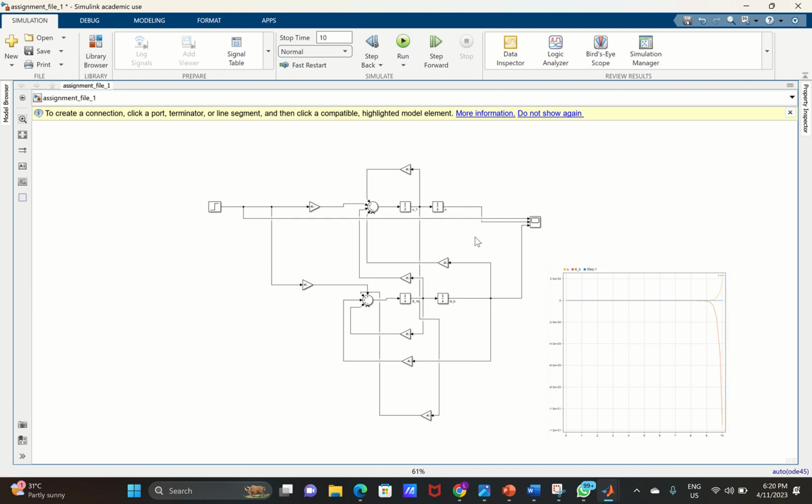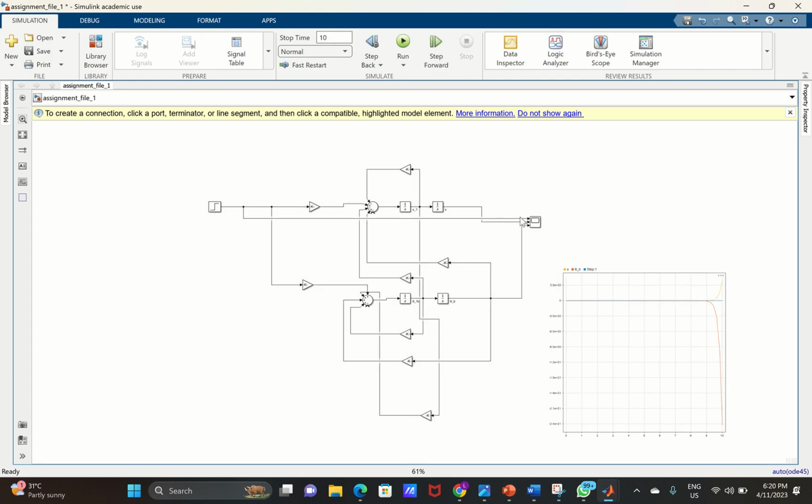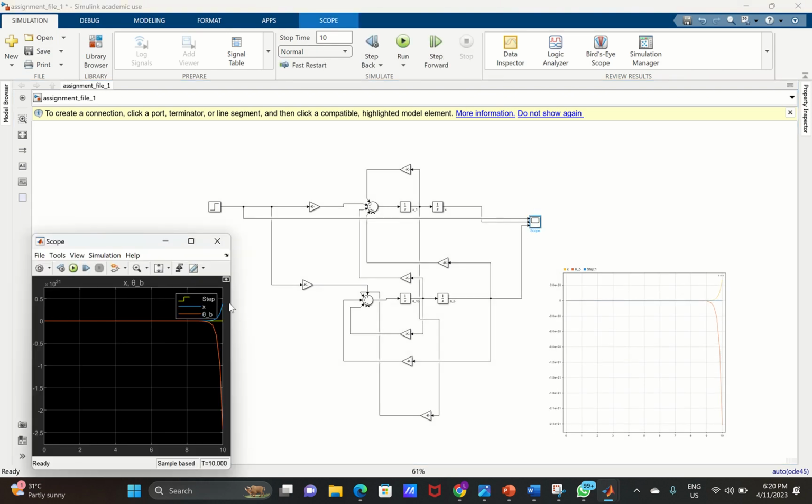we are able to get a system in its original state, which could be the open loop system. And then we can now run again to see the difference in the graphs or any other changes it could cause. So when we look at our graphs, majorly the value has just grown a little bigger. The magnitudes of theta b and x have just grown a little bigger, meaning that